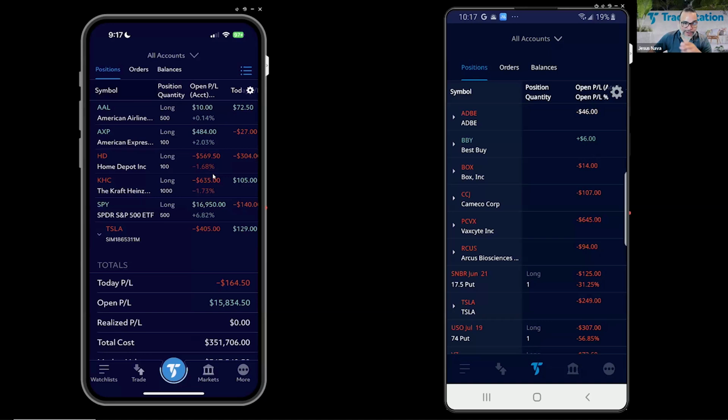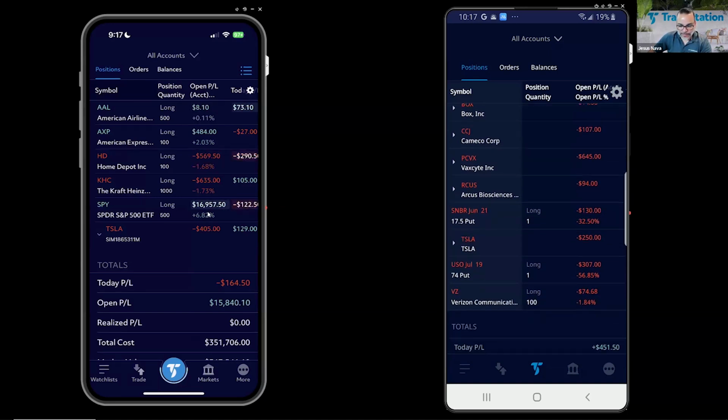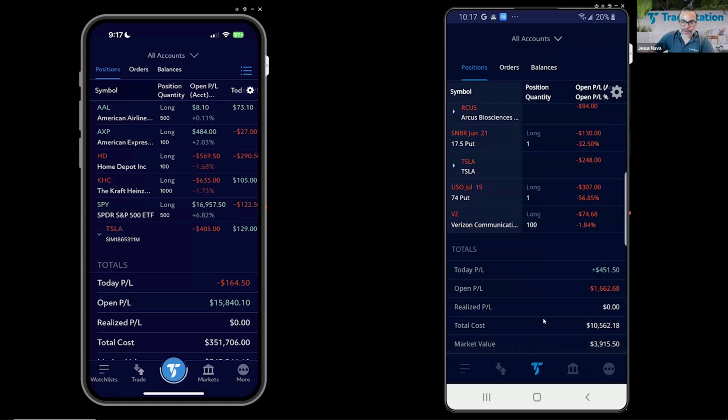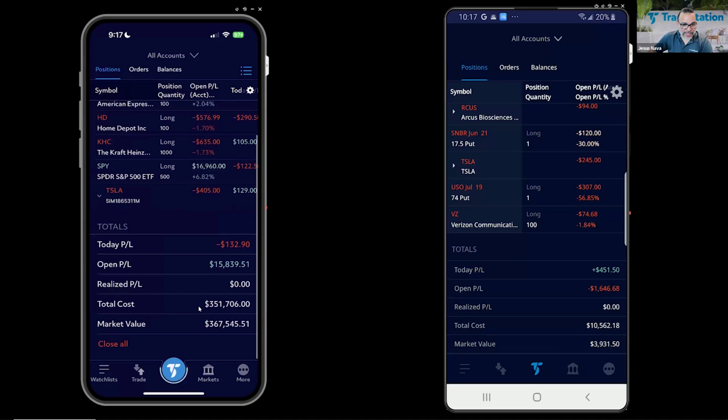But this is a great view of my positions. And if I scroll down, it gives you an overall total. And you see that on both environments. For my iOS, my today's P&L is $132 loss. Since I opened up the trades, though, it's up $15,000. This is good that we get this breakdown, because you can see how you're doing today